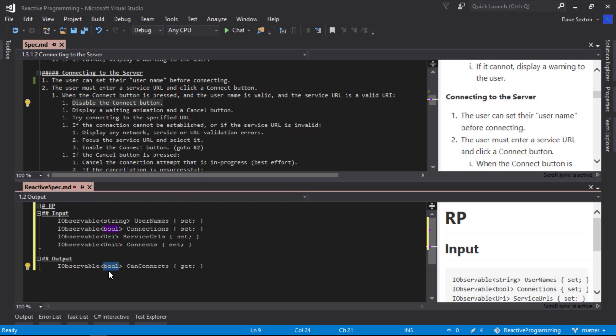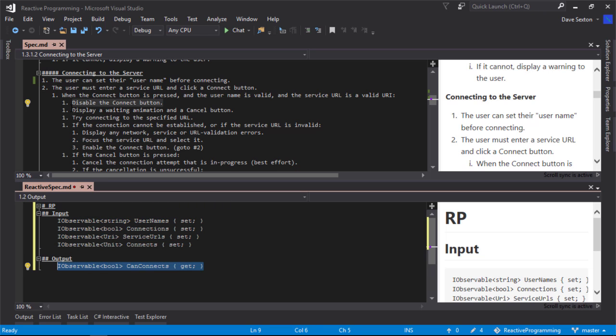I'll just assume at this point you understand what I just said, even if it was a little complicated, but there's a lot of information out there on these things, and like I said, I also highly recommend you read the design guidelines document, and you'll get a better sense of what I'm talking about. So anyway, this is a nice simple output mechanism here. So far we can see that we're going to have to write a query that somehow combines these input observables, which we already have a spec on how to do. So we're going to try to write code that reads very much like this spec, right? Given these observable inputs, we need to generate this output,